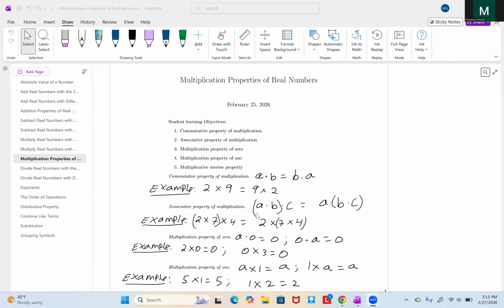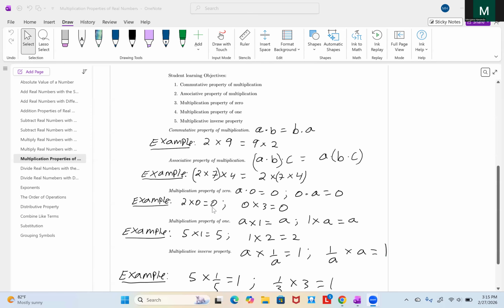then if we first multiply the first two numbers and multiply the result with the third number, it is the same as multiplying the second and the third numbers first and multiplying the result with the first number. For example, 2 times 7 times 4. So we can multiply the 2 and the 7 first and then multiply that result to 4. The end result is the same as multiplying the 7 and the 4 first and then multiplying that result to